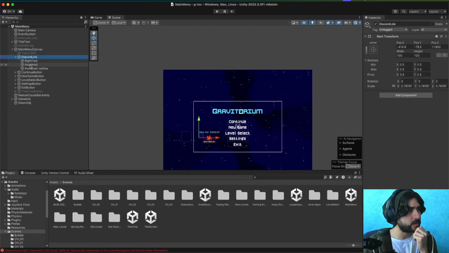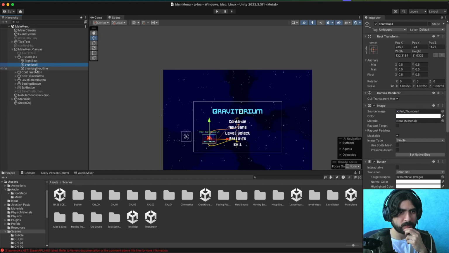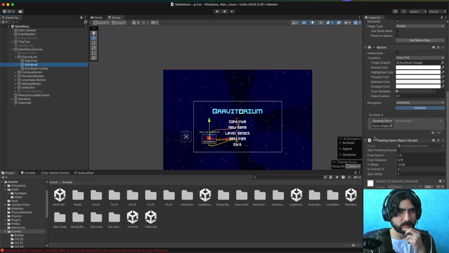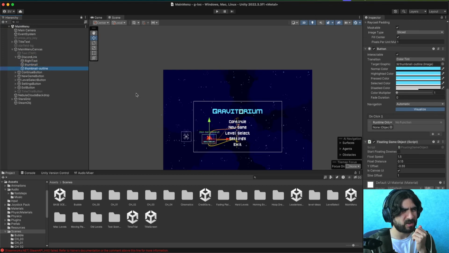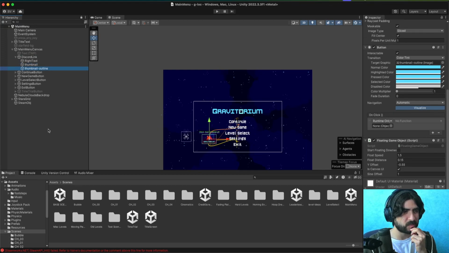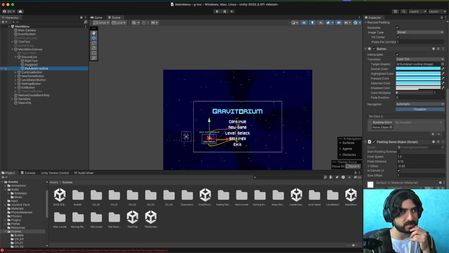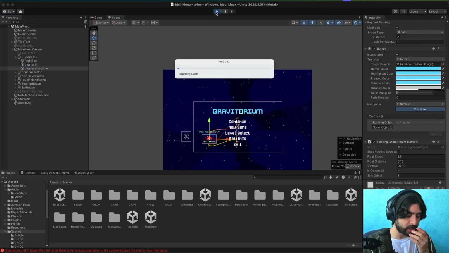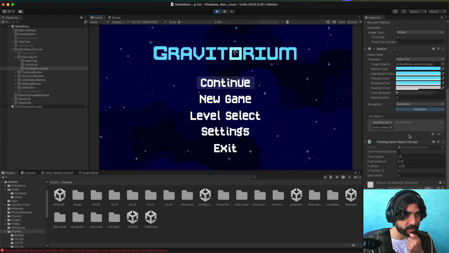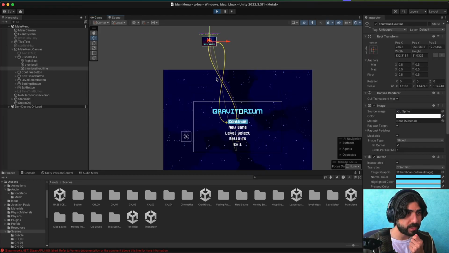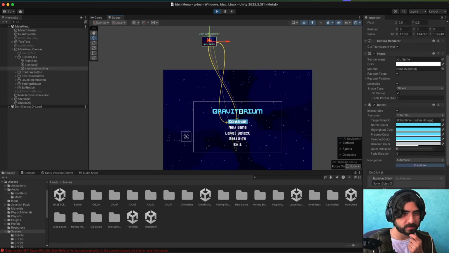Let's go to the Discord link. Let's find the thumbnail. Floating game object. Does the outline also have that script? Oh, that doesn't seem great. A thumbnail seems like it should be a thing that has the outline attached to it already, not two separate things that both have whatever these are called. Okay, so let's run this again. I need to mess with this Y offset because I would bet that it's on the same X-axis, just not the Y.